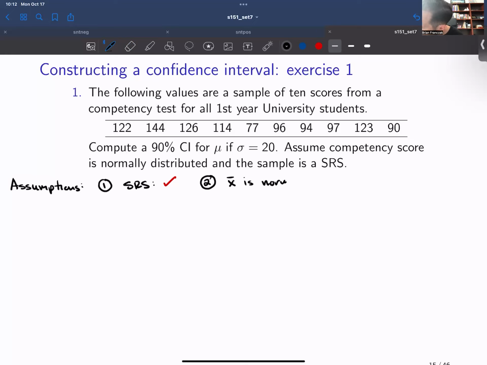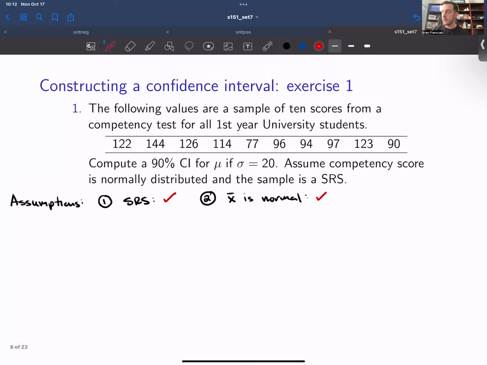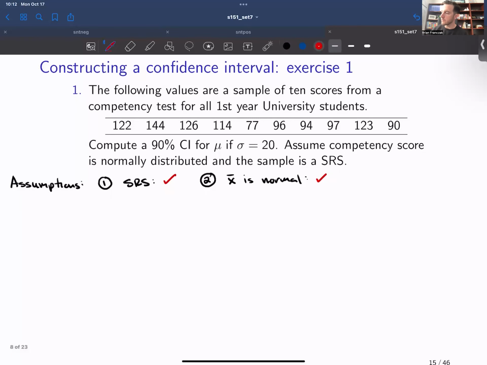is normal. And again, we can check this off because we are told in the question description that competency score is normally distributed. So the variable or the population is normal. That means that the sample mean will also be normal. Okay? And then the third assumption,